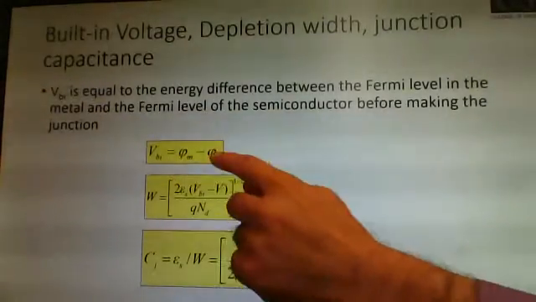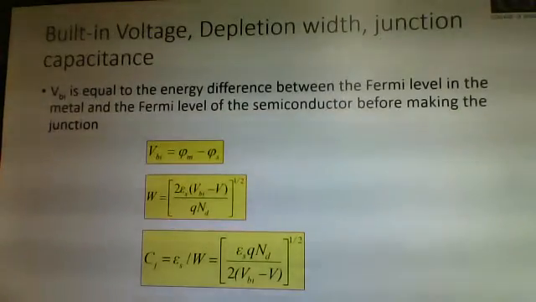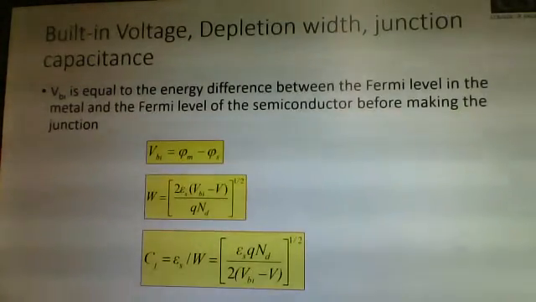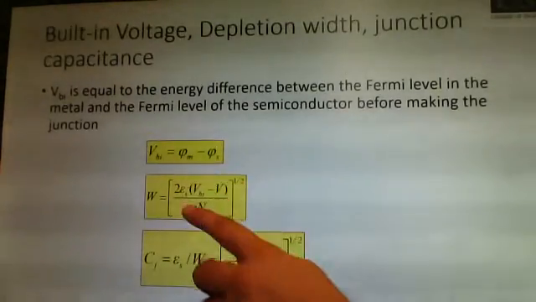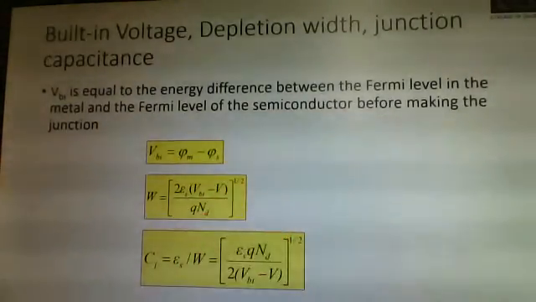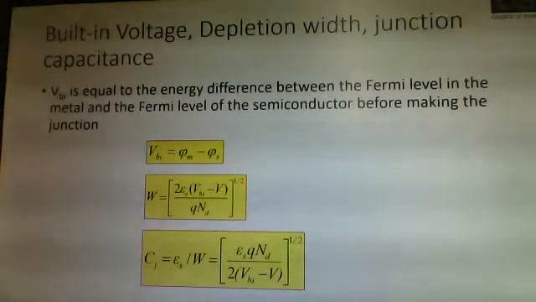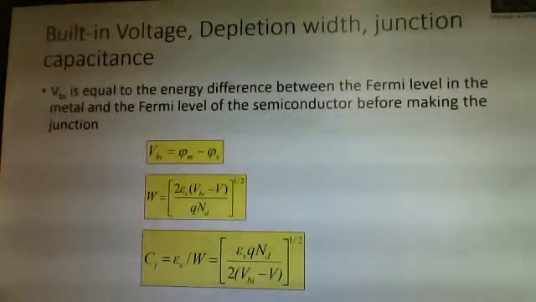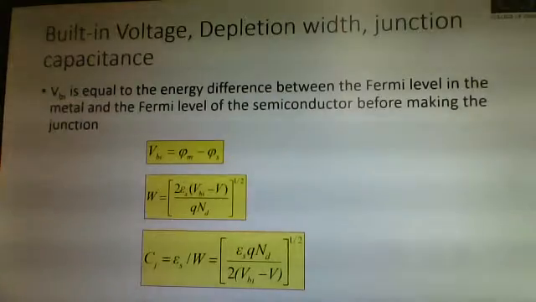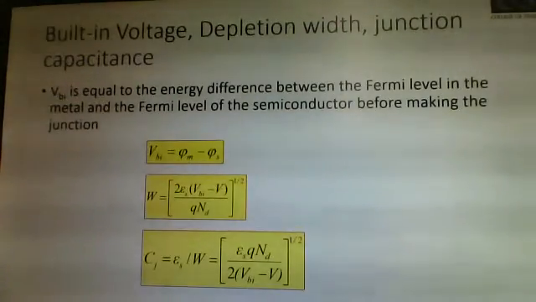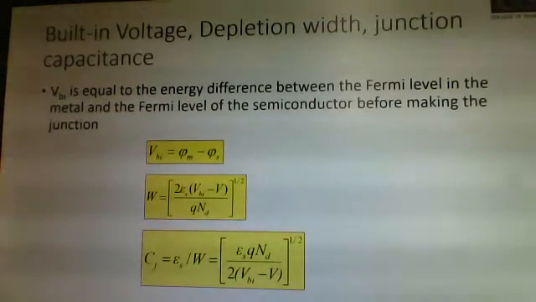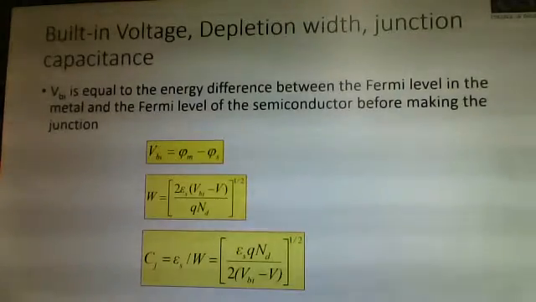Subtracting those two Fermi levels gives the energy difference between them, and if we divide it by the charge, the value is equal to the voltage that we call the built-in voltage. That built-in voltage can be used in an equation like this, which again comes from solving Poisson's equation. The voltage can be used in this equation to estimate the depth, or the width, of the depletion region. We want to know, when charge is transferred from semiconductor to metal, or vice versa, to what extent